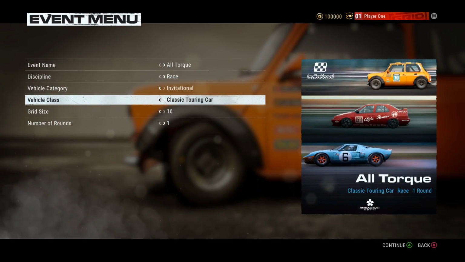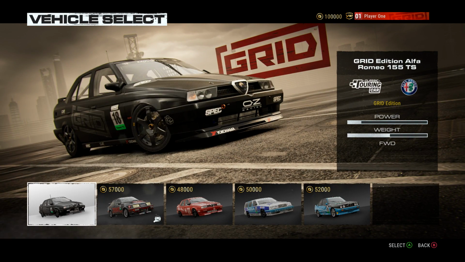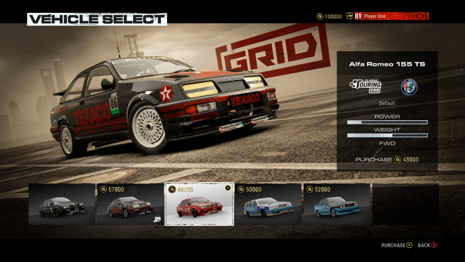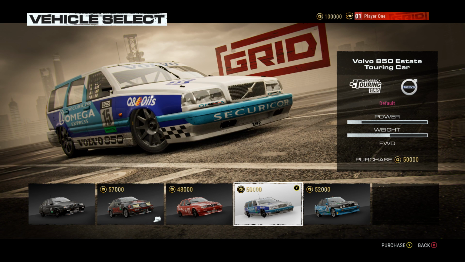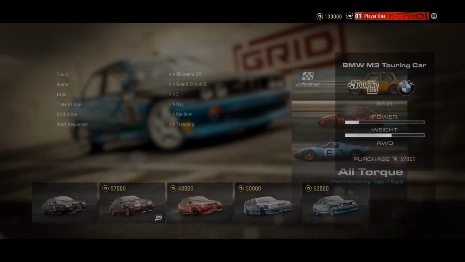Challenge. And then we move on to Classic Touring Car, in which we have the Grid Edition Alfa Romeo 155 TS, the Ford Sierra RS500 Cosworth, the Alfa Romeo 155 TS again, and the Volvo 850 Estate Touring Car, which is very, very cool, along with an E30 M3 Touring Car, which is definitely going to be a blast to